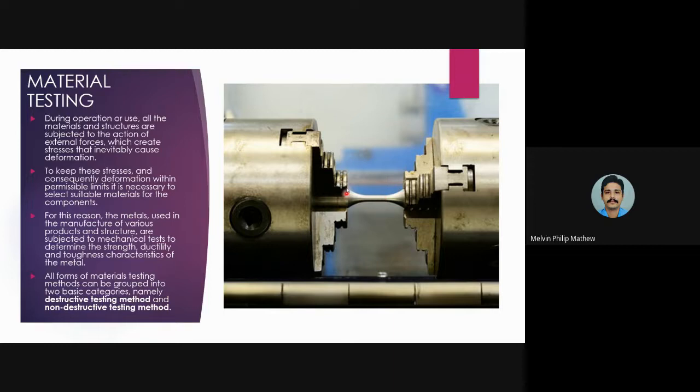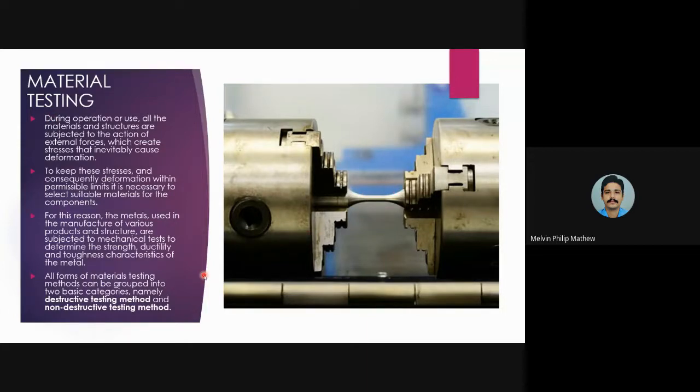So under what load it can break, that is what we are testing here. And we can look for deformation. If you are bending it, you can see various deformations, or if we are twisting it, you can see deformations, and when the fracture can occur. So these are all coming under material testing. We are looking for the load it can handle. Okay, these all come under material testing. So we are doing the testing on the material itself.